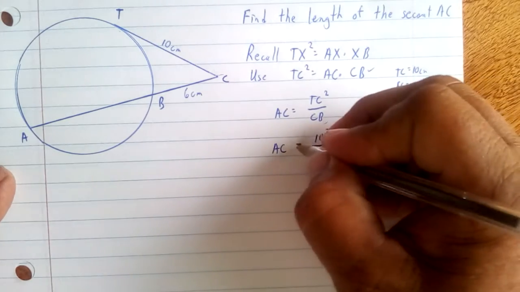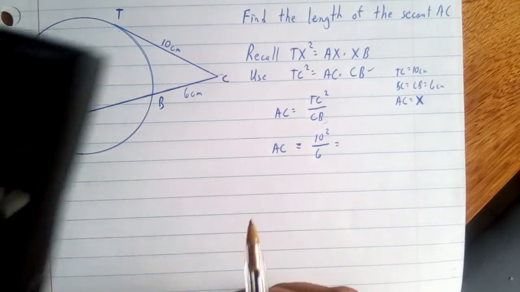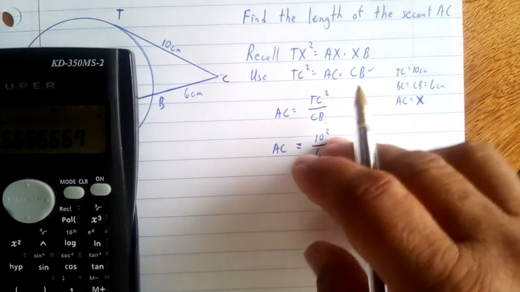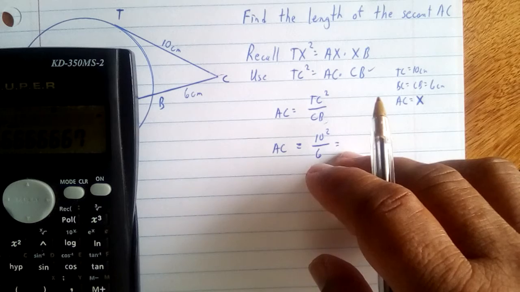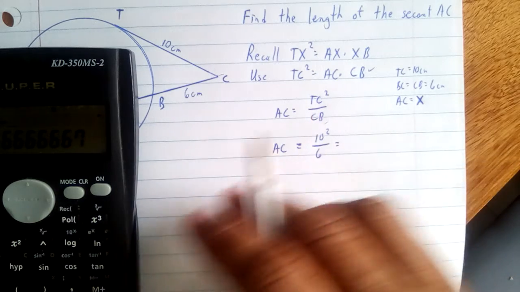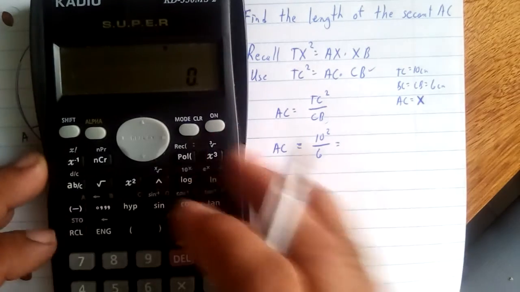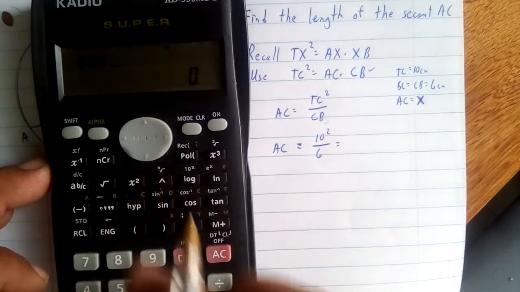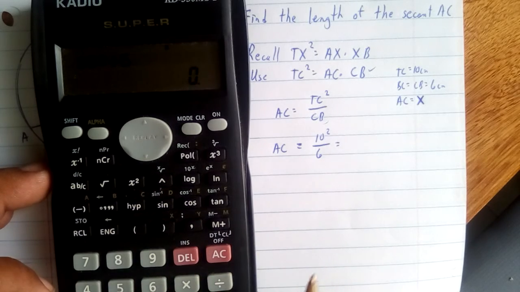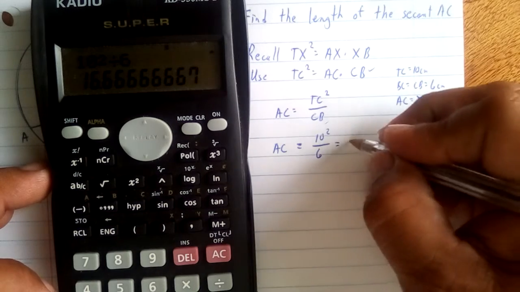No need to put in the units because we know that the units will cancel there. Well, we get squares here that cancel with a single unit here, so we end up with the same unit. Okay, so we take our calculator and we say 10 squared divided by 6, and that's it. We end up with